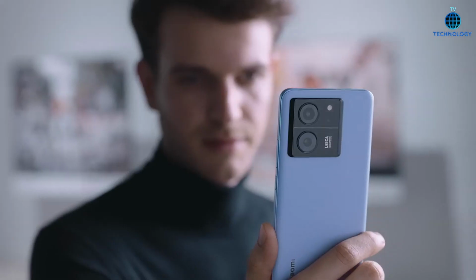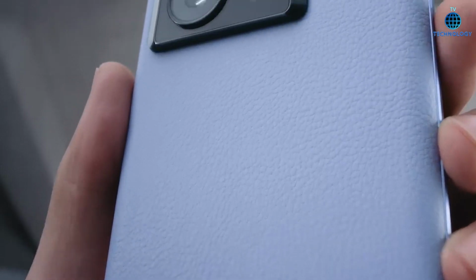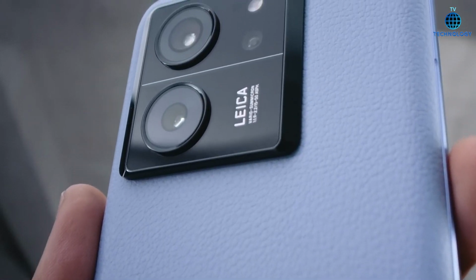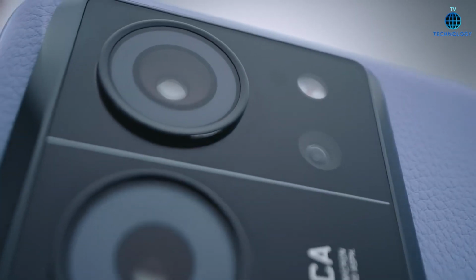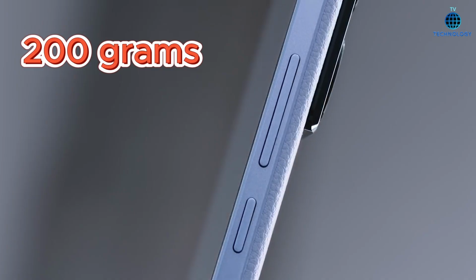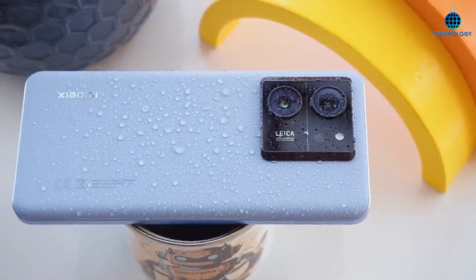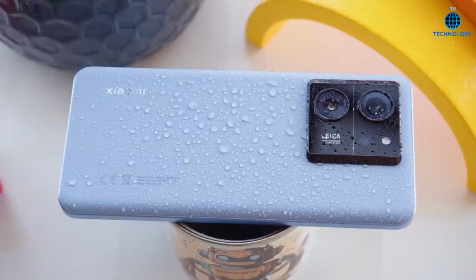Design and durability. The Xiaomi 13T Pro, released in September 2023, features a sleek bar-type design, measuring 162.2 x 75.7 x 8.5 mm and weighing 200 grams. Notably, it boasts IP68 dust and water resistance, surviving depths of up to 1.5 meters for 30 minutes, ensuring durability